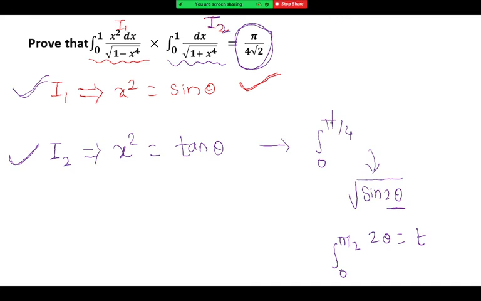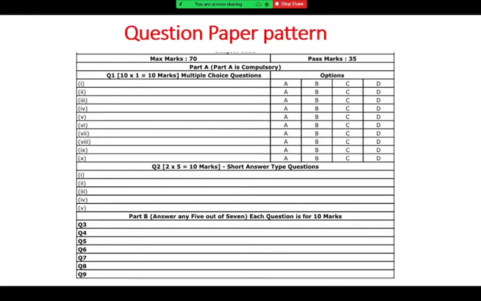2021 batch. So first of all, this question paper pattern is the same for both marine and nautical side, and this is for all subjects. Near about all subjects will have the same question paper pattern. The question paper is divided in two sections. First section is part A, which is compulsory part. Each and every question is compulsory. Okay, and that section, the part A section, is of 20 marks, and 50 marks is the other section which has some options available to you.